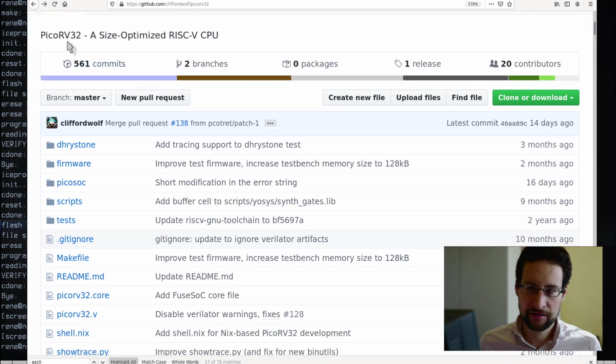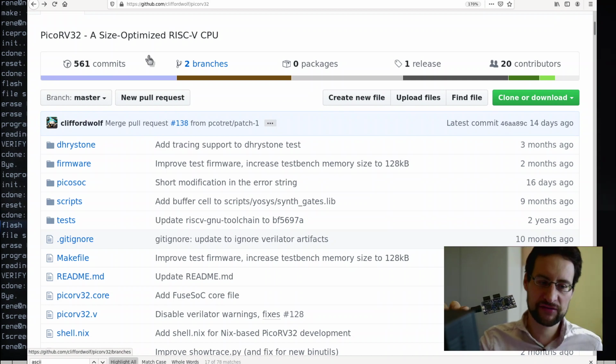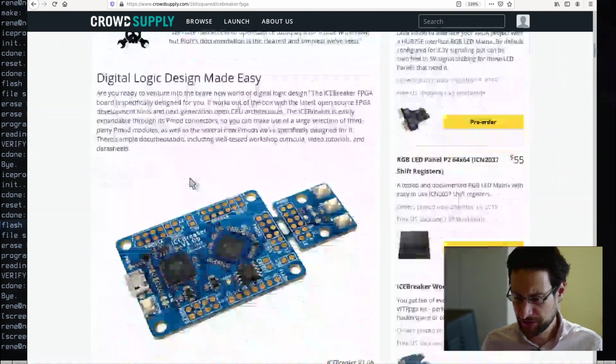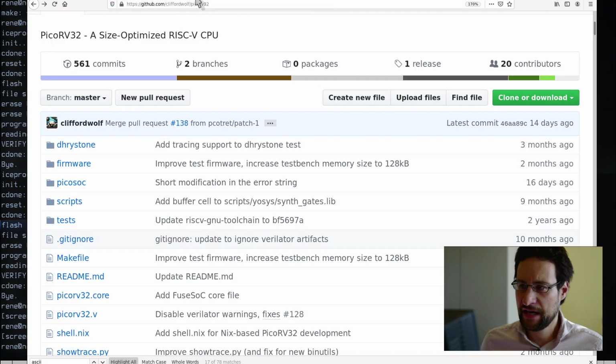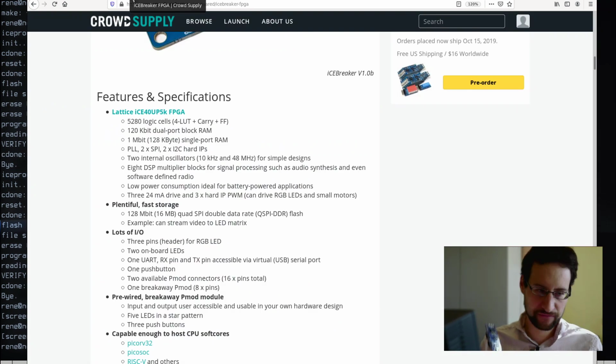implemented here PicoRV32, a Pico RISC-V, a size optimized RISC-V, because this is an entry level, well at least I call it, correct me if I'm wrong, entry-level FPGA with only 5,200 something, which we could fact check here, 5,280 logic cells for LUT, carry, FF. And so with only this, it is already amazing that we can get a whole processor on that. And I finally tested this, so